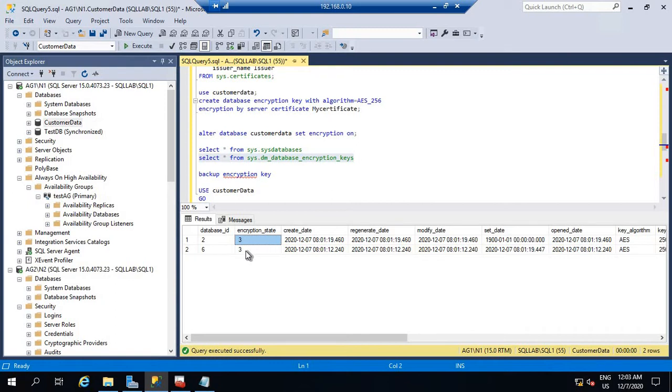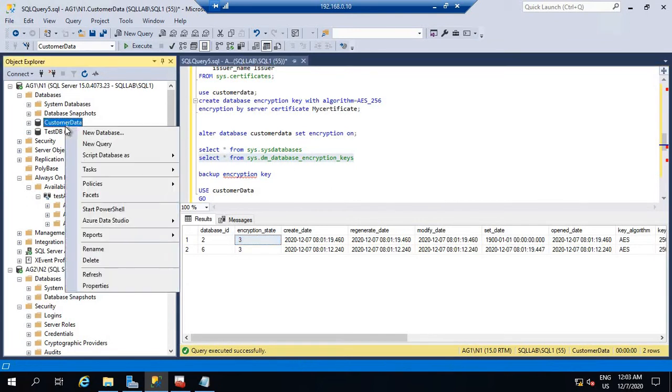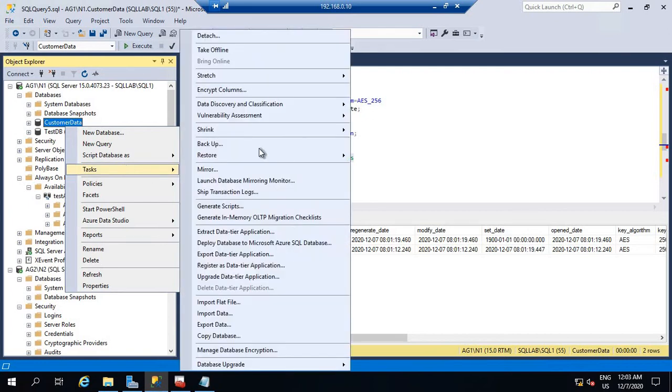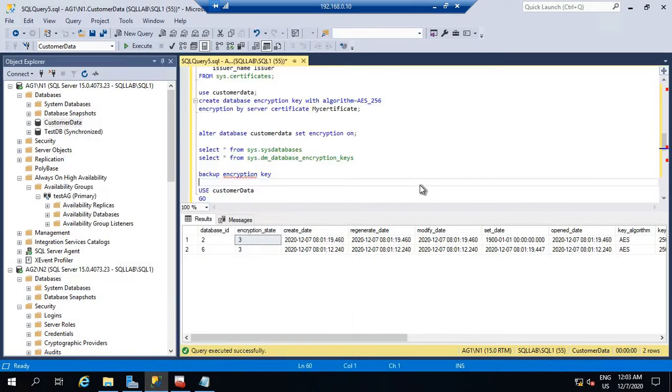Okay, so now if we generate the backup, suppose I just take the backup, then the backup is encrypted. Okay, so now